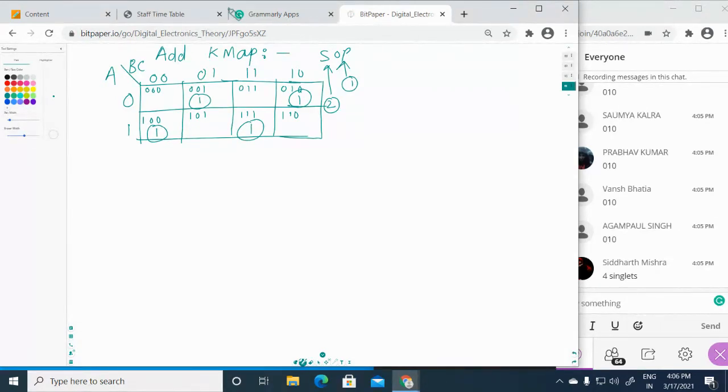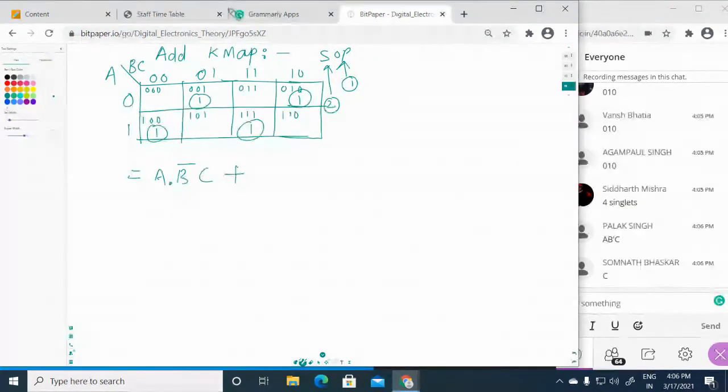Let's move from here. First value is your A, multiplied with the next value. What is the next value? This 0 will be represented as B bar. Then next value is 1, that is C. Then you are using the sum.